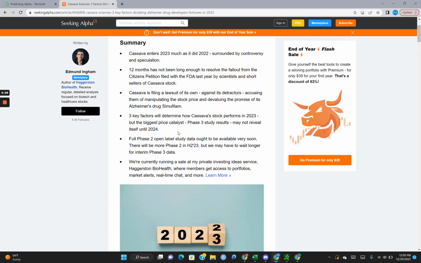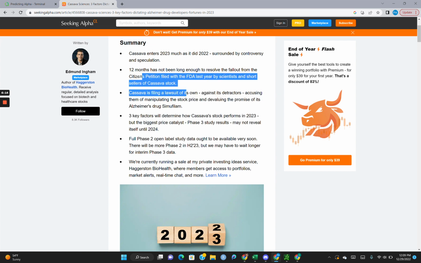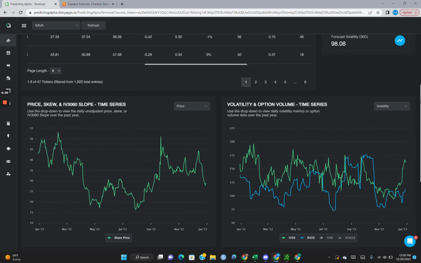They do have a couple of key things to note. They do have a phase 3 trial going on at the moment for their Alzheimer's drug. So what we kind of have to do here is cipher through this and say, is this a risk, right? Notably this, right? That's a huge risk, right? Let's say the FDA rules in favor of the short sellers and the scientific community and the citizens that are against this, right? If that happens, well, what would happen? The stock price would tank, right?